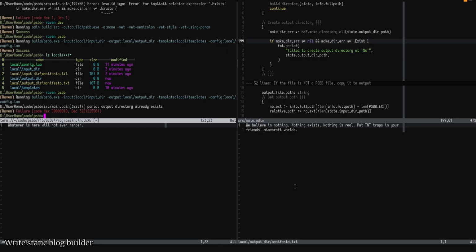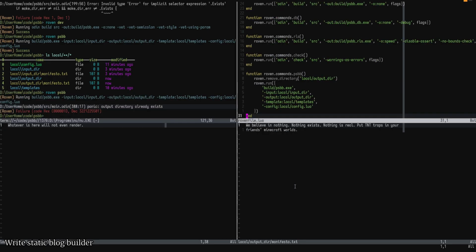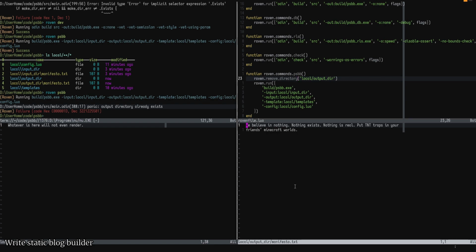And output directory already exists. Oh, this is probably failing, right? Because there are files within it, which is why